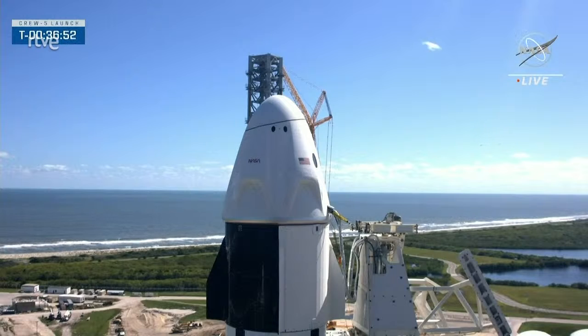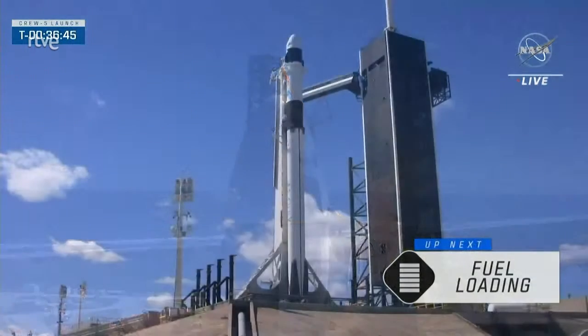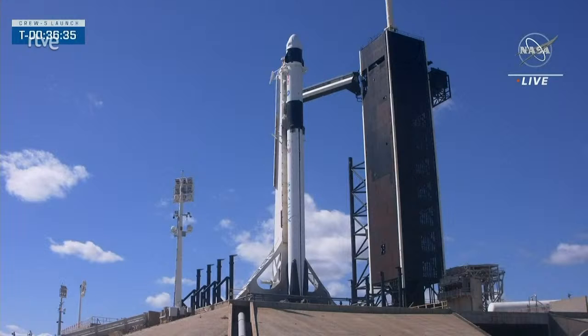3 of the 4 crew members inside that capsule right now have never flown to space before. They are first-time flyers. The lone exception, Koichi Wakata, who was a veteran with JAXA, and is getting ready to embark on his 5th flight to space. And as we wait for the next mark,